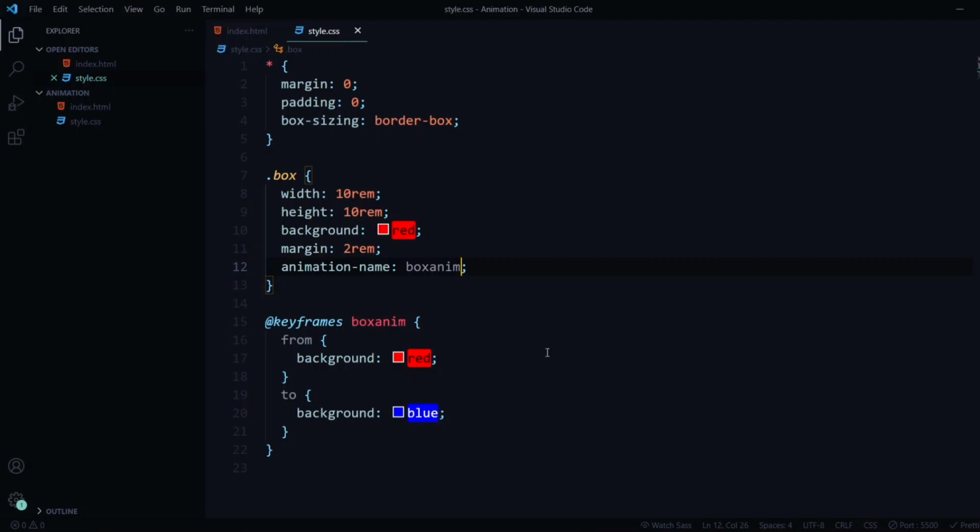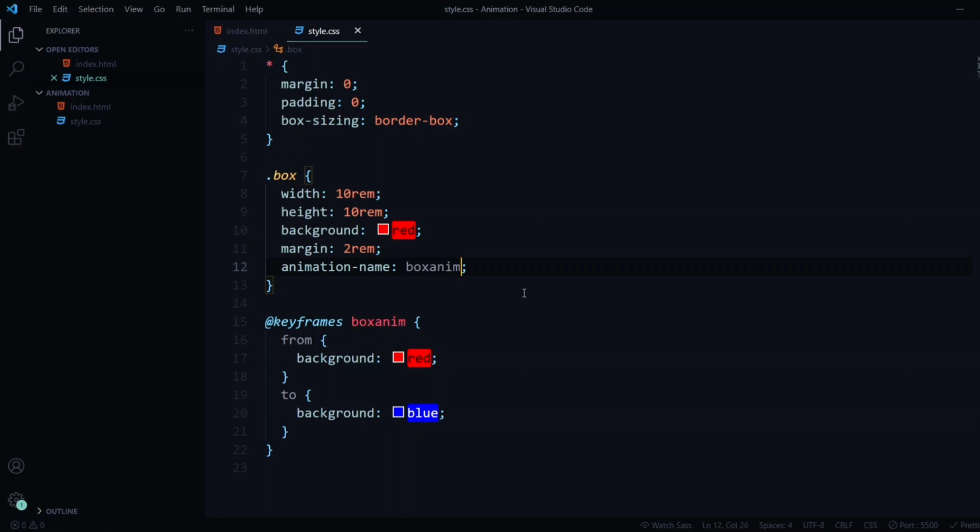That is because of the second sub property that we have, called animation duration. So first let's go back to VS Code. Animation duration defines how long the animation should run, or how much time it should take to complete. Just like if you're running, there will be a specific amount of time that you'll be running for.